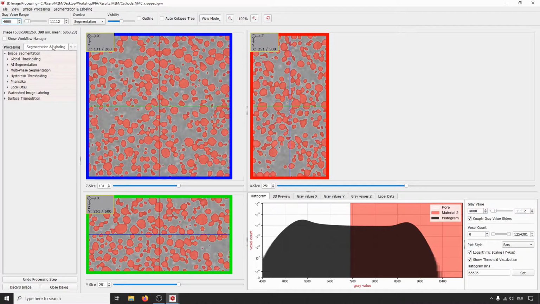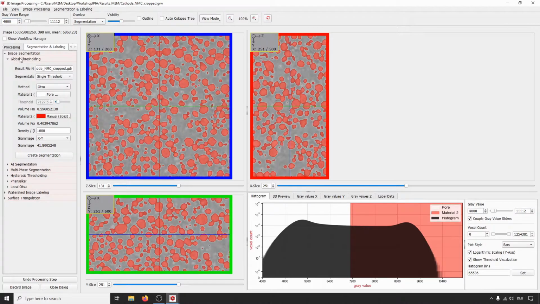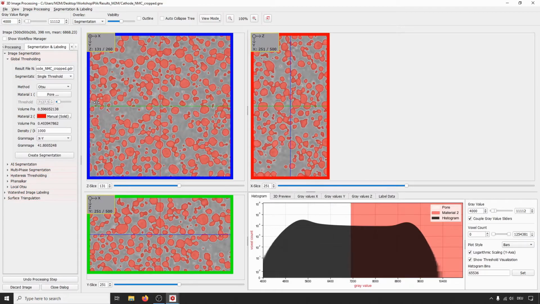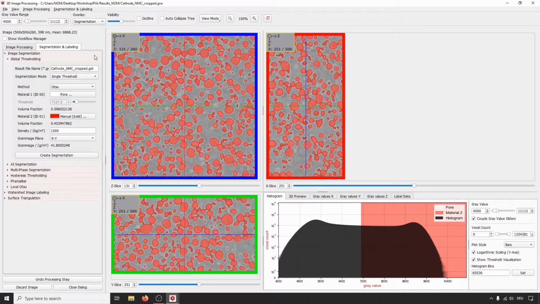And well, since this looks already quite nice, we want to use a quite simple segmentation option, and therefore we go here under the global thresholding options under the image segmentation option. Open that one, and I open this one a bit more here, and there you can select different methods.